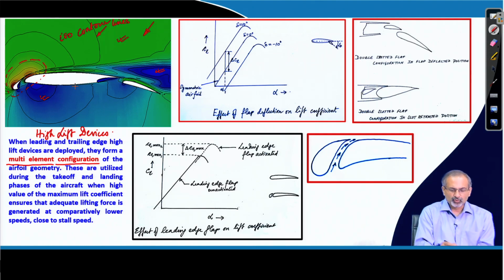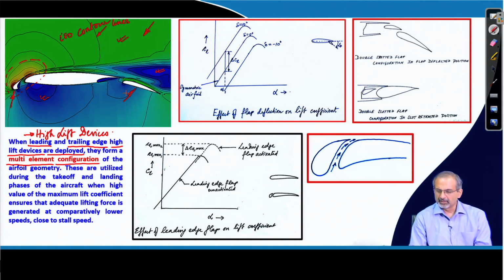Well, without going into much of that, I am going to discuss more about what we learned earlier in terms of high lift devices and what further we can interpret from the picture that we have here, from the flow computation that we have here. So, here we see both leading and trailing edge high lift devices have been deployed. We have a slat here and we have a single element flap that has been deployed here,